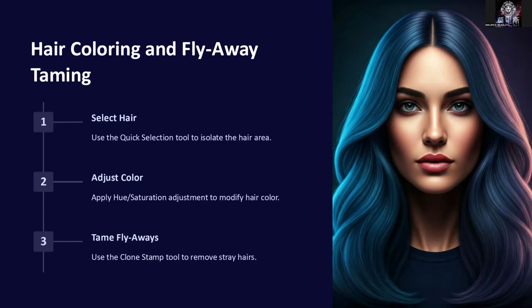Hair. A lot of times when you're doing things with hair, you're trying to either recolor the hair if necessary or get rid of the flyaways. If you look at this example of this young lady here, it's an AI generated image, but a lot of times when you're taking a picture of a person with hair like this, you'll have a couple of little flyaway pieces, little strands of hair, that you need to basically retouch and get rid of. It's not unusual, it's not a rare situation. It always happens, no matter how good everything is on set. Something happens, doesn't work, doesn't look right. You've got to go through the process of fixing,